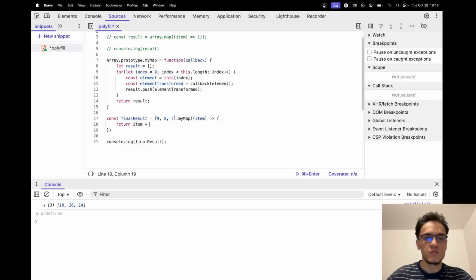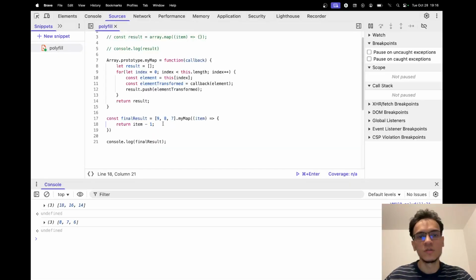And we can do whatever we want here. For example, subtracting number 1, and it is working. There are many ways we could create the logic here, but